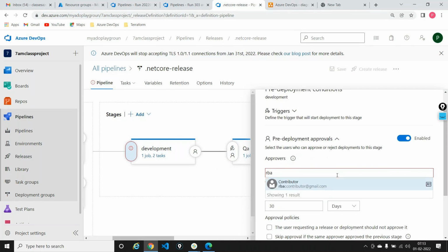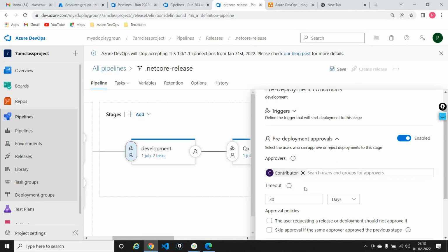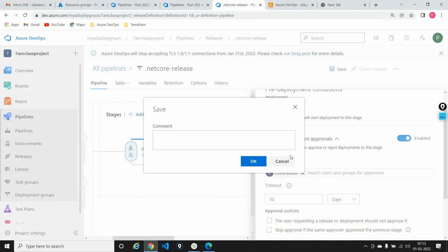I'll add this person called rbac contributor at the gmail.com, imagining that this person here is the lead for the development team. I'll say development team lead. Now this person is the lead for the development team, so I'll just save this out. I'll say added a pre-deployment approval,